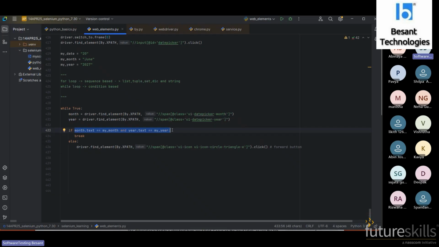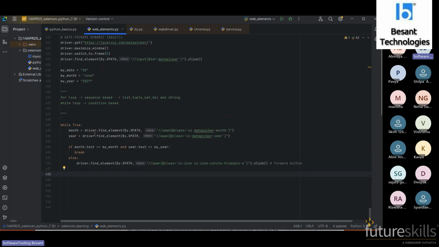Okay. So once the condition is met, what we are doing? We are breaking the loop, which means that the interpreter will come outside. Okay, let me run this program.